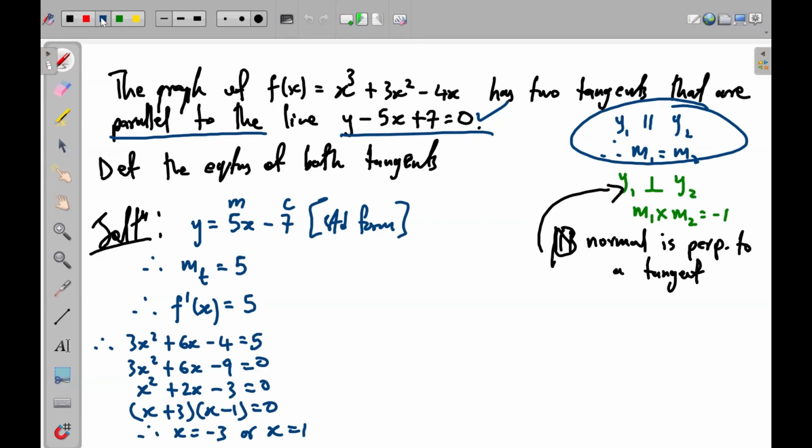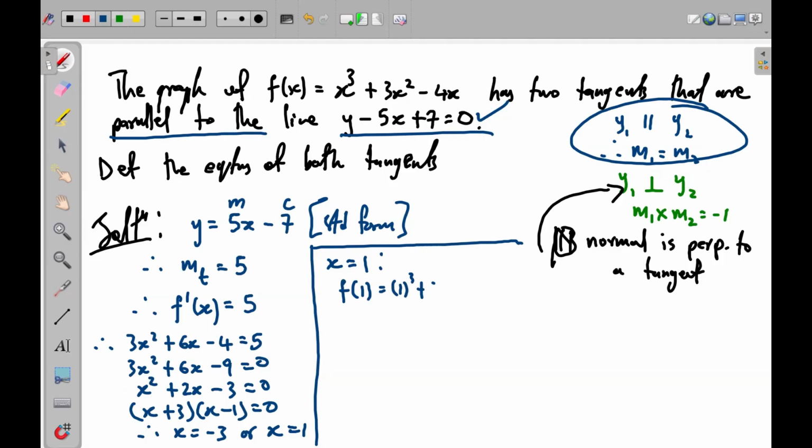Okay, so we're going to start with x equals 1. So when x equals 1, what is the point of tangency? That is the question you should be asking. Well, it means I must substitute 1 in the original equation. So 1 cubed plus 3 times 1 squared minus 4 times 1. So this looks like I've got a 4 minus 4, which is a 0. So that means the point of tangency for this particular tangent will have the coordinates (1, 0). And then when I find the equation,